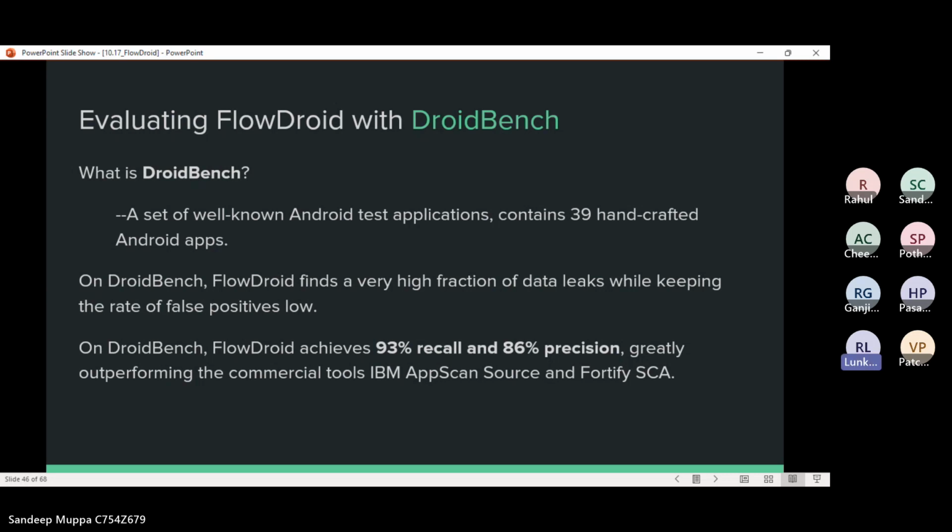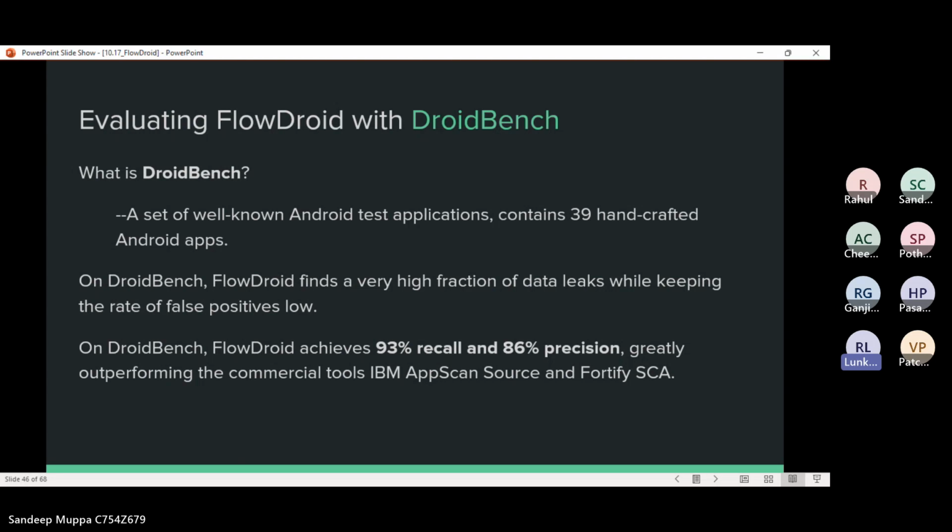On DroidBench, FlowDroid finds a very high fraction of data leaks while keeping the rate of false positives low. Sometimes it detects something which is actually not true, and those things it helps in keeping low.